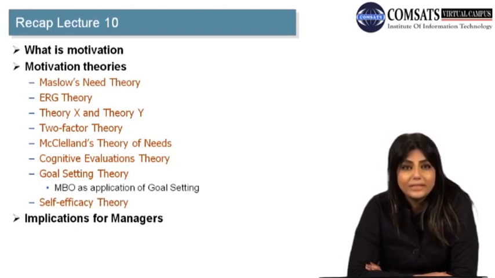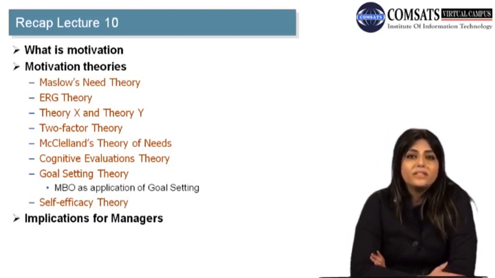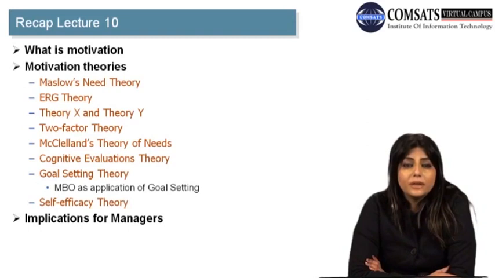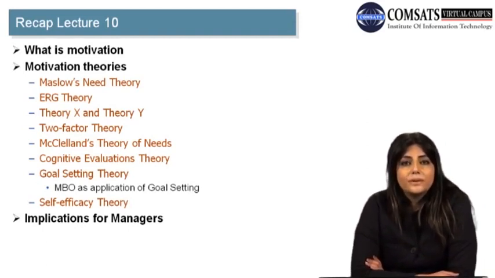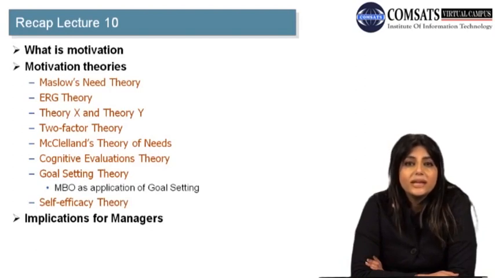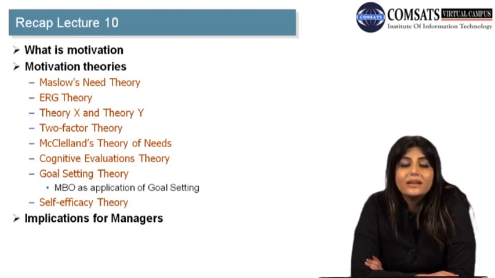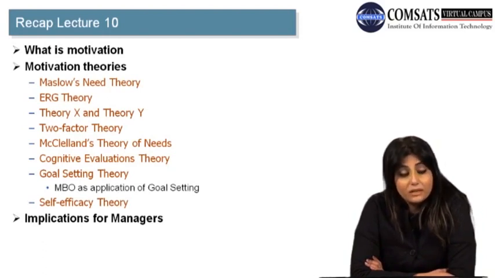It gained great popularity, although the empirical evidence as to the correctness or validity of this theory still remains untested, because it's really difficult to measure the needs into which the theory has categorized itself. So it's difficult to measure those needs and collect data empirically on those aspects. That is why it becomes difficult to examine or empirically test the theory.